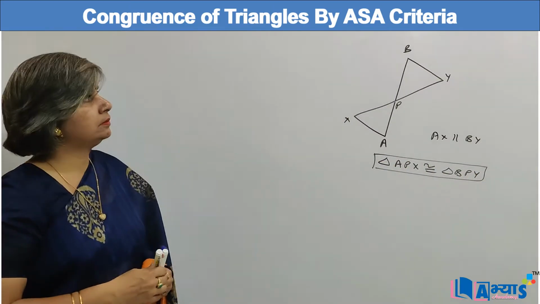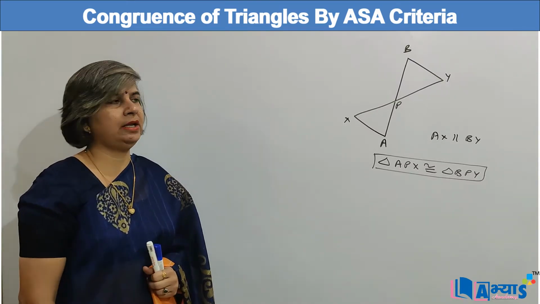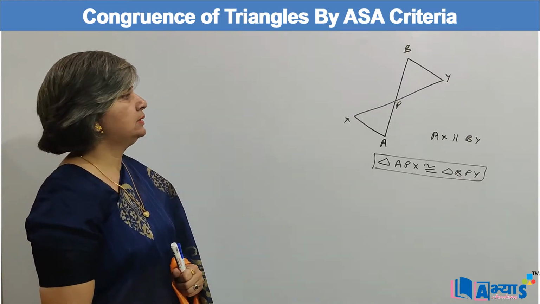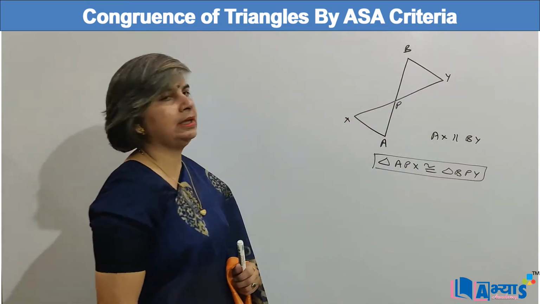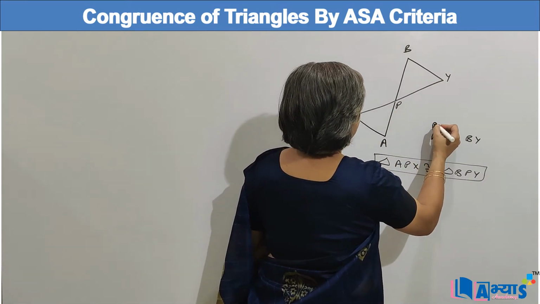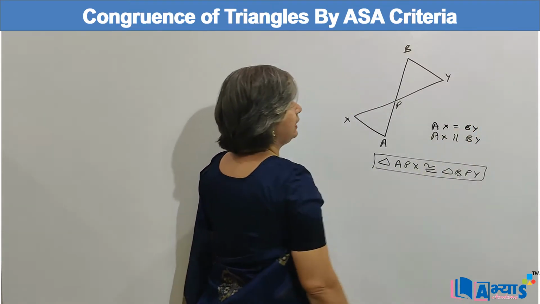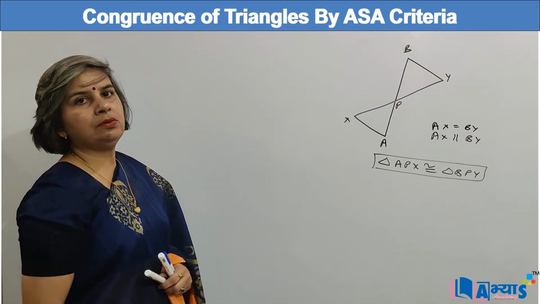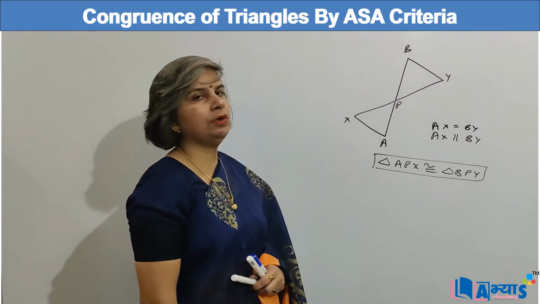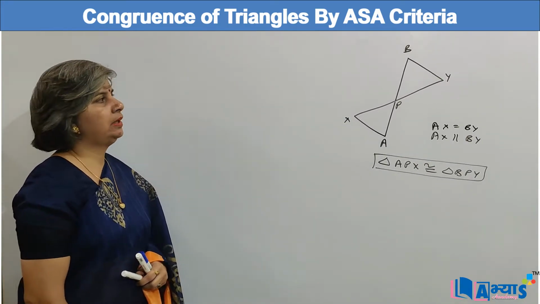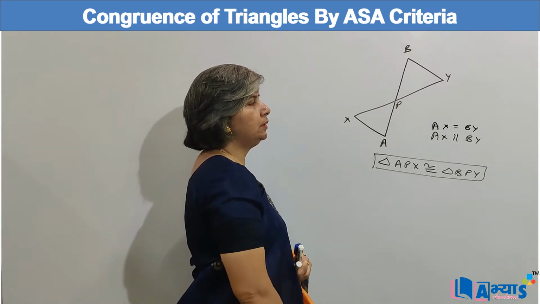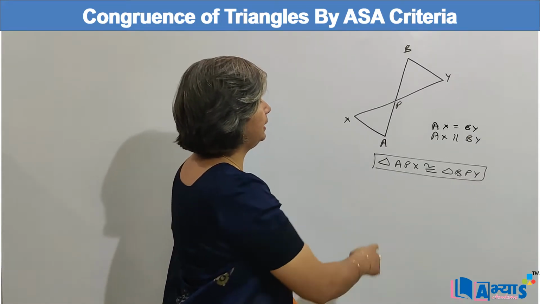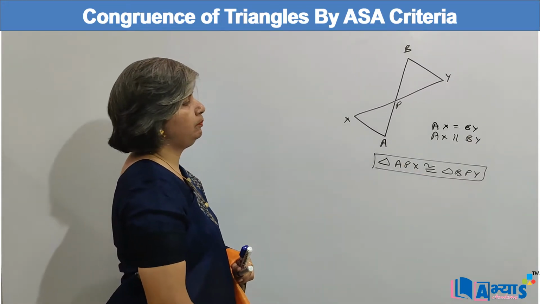The question is that we have been given a straight line AB and then AX and BY are two line segments drawn at A and B such that AX is equal to BY and AX is parallel to BY. Two equal line segments have been drawn at A and B, that is AX and BY, which are parallel to each other. And we have to prove that if we draw XY which intersects AB at P, triangle APX is congruent to triangle BPY.